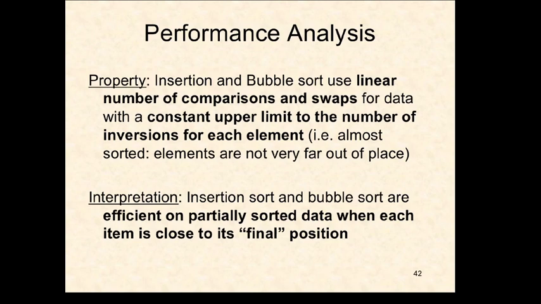So for instance, it says here, property: insertion sort and bubble sort use a linear number of comparisons and swaps for data with a constant upper limit to the number of inversions for each element. Now the explanation is a little bit easier to read than that. It says, for example, almost sorted means elements are not very far out of place. That's what this is saying: data with a constant upper limit to the number of inversions for each element. The interpretation says, efficient when each item is close to its final position. For example,